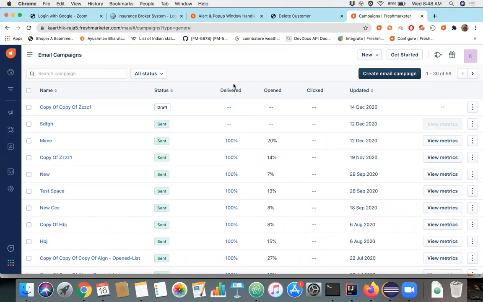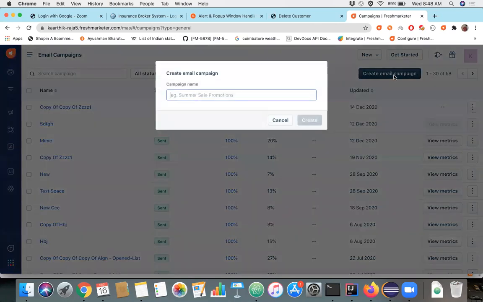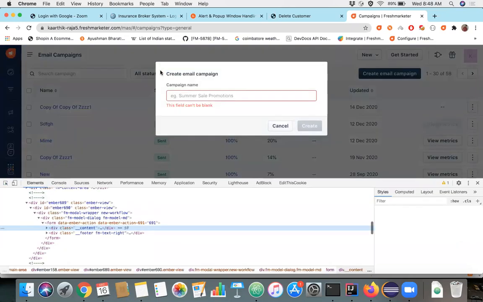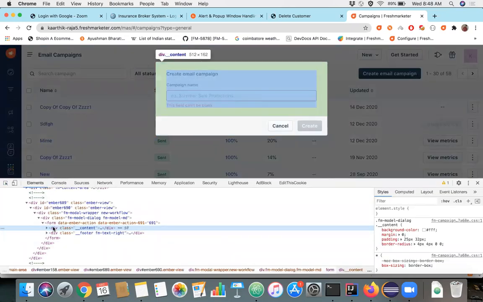So what happens, for example, if I wanted to create an email campaign, this is the kind of alert, no, I mean, this kind of pop-up, right? Most of the time, you can even inspect this and find this web element in the DOM. So this is what we call a pop-up. Most of the time, people nowadays use these pop-ups only. We don't use